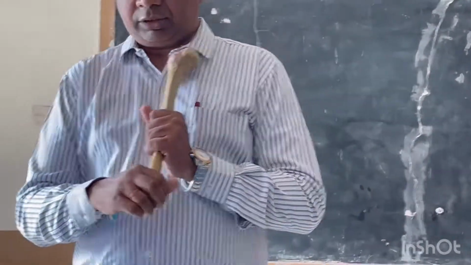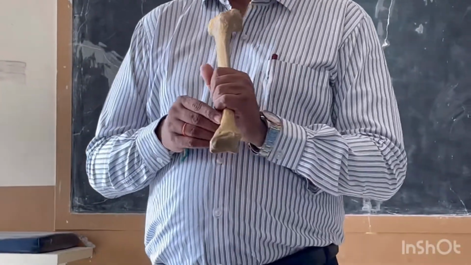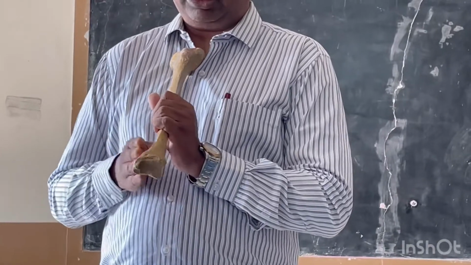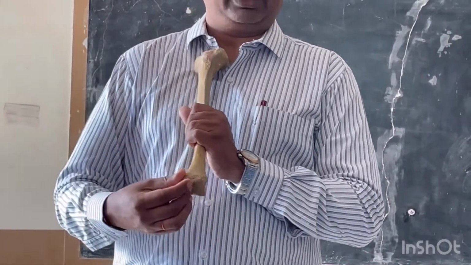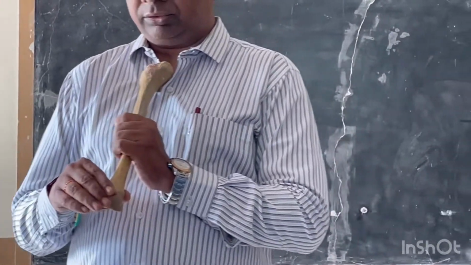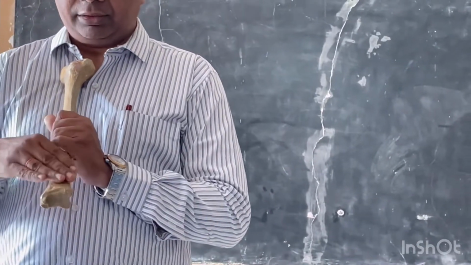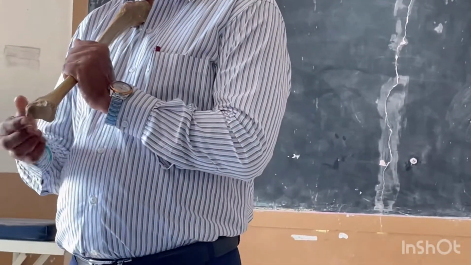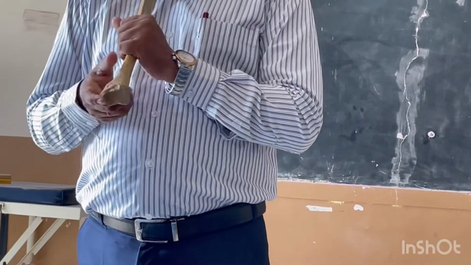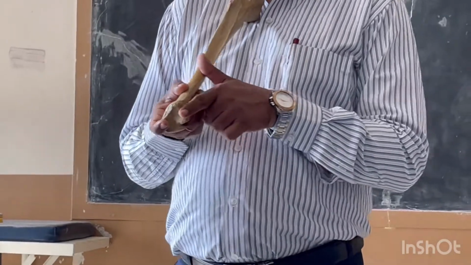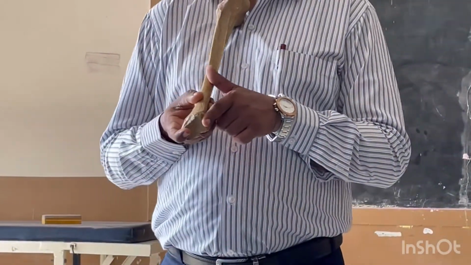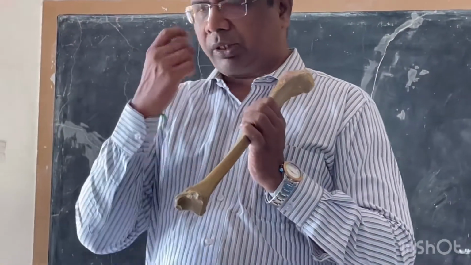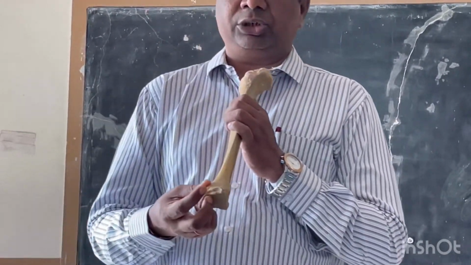Coming to the lower end of the tibia here, again you can see it is expanded. This has 5 surfaces: anterior, posterior, medial, lateral and inferior. The anterior surface of this lower end of the tibia is flat. The posterior surface again is flat. The medial surface forms a projection which is called the medial malleolus. The lateral surface has a notch for the fibula which articulates to the lower end of the fibula, and the inferior surface, this is the notch where the talus is going to articulate to form the ankle joint.